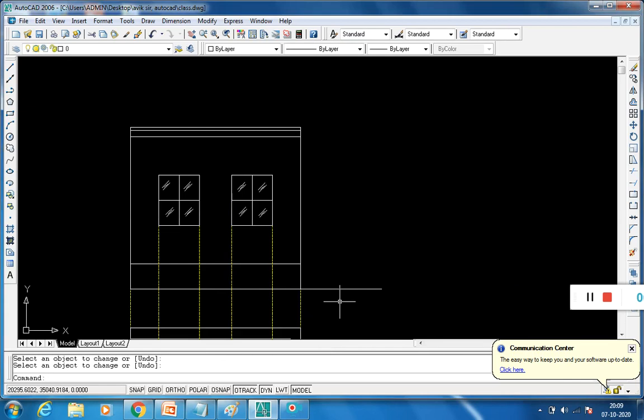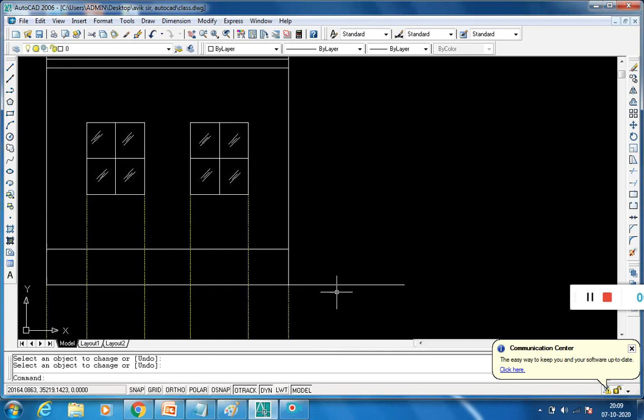Okay, now we draw the symbol of earth, because this is a ground level and the floor level is generally above the ground level, and the height of floor level from ground level is called plinth height, and that is 600 standard.